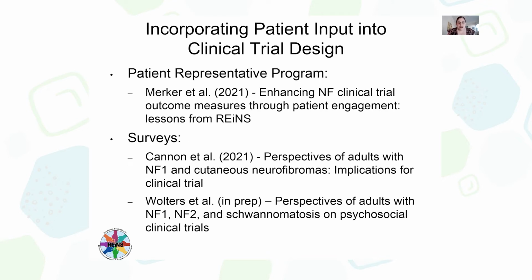And we've been thinking about how do we incorporate patient input into clinical trial design in 2 ways. The biggest way, which I'll talk to you about the most today, is our patient representative program. And we recently published a paper evaluating how the first couple years of this program has been going. And also REINS does do some research surveys trying to collect kind of broad input about people's preferences for clinical trials or how they think about